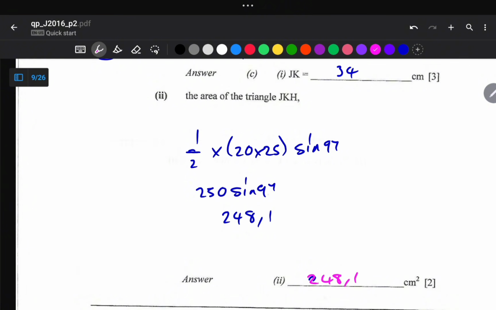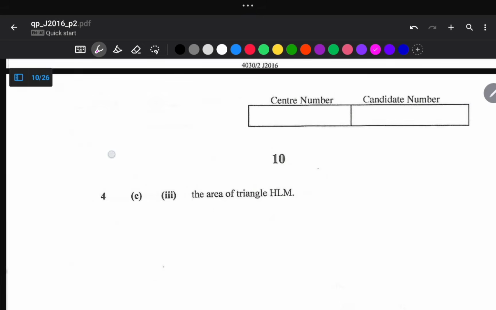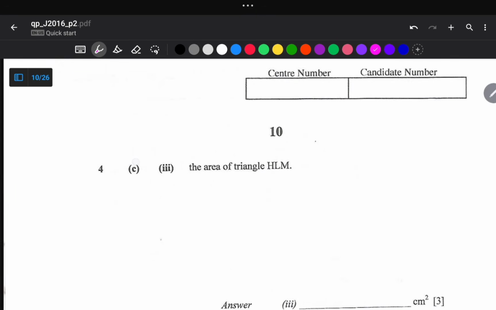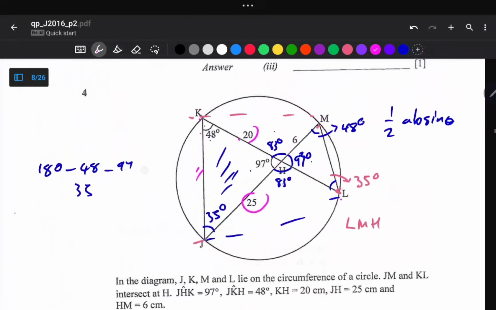248.1 square centimeters. So the area of this triangle is equal to 248.1 square centimeters. So let us move on to part C, item 3 of our question, which says calculate the area of the triangle HLM. So we are required to calculate the area of this triangle here, our HLM. Given that we managed to calculate the angle here, it is 97, and we have this HM, which is equal to 6. So for us to calculate the area, we need to find the length of this side